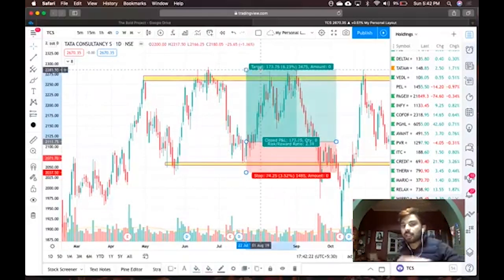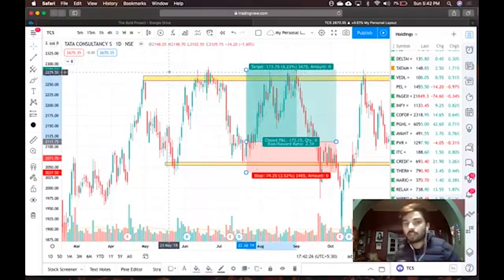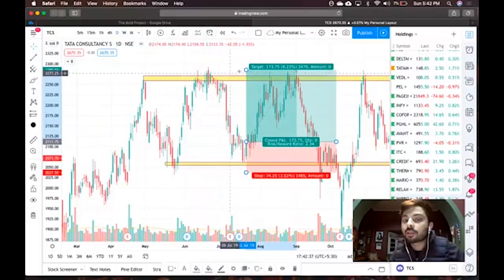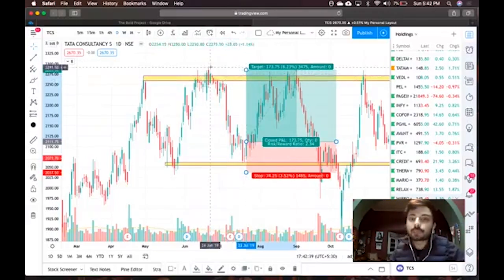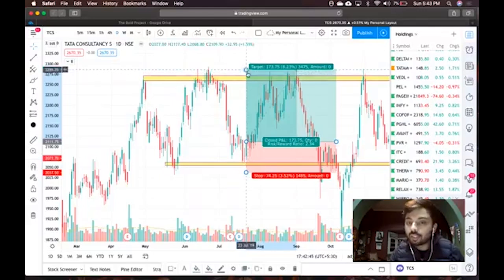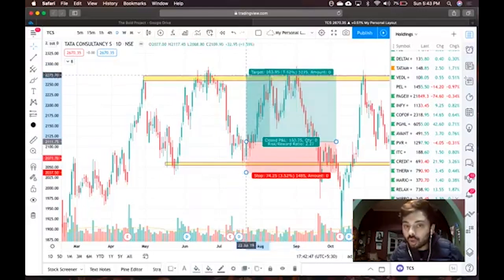Let me ask you something. Should it be above the resistance? Ask yourself, take a minute. No, it cannot be. Why? Because resistance is a ceiling. You are not expected to go higher. You are expected to hit that and fall down. So my target can never go above resistance. Price goes above, that's not my concern. Let the price go above resistance. But our target logically has to be not above resistance, not at the resistance.